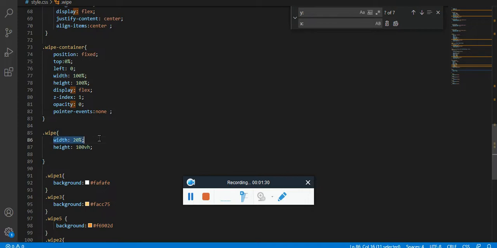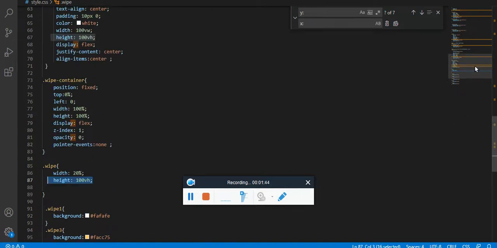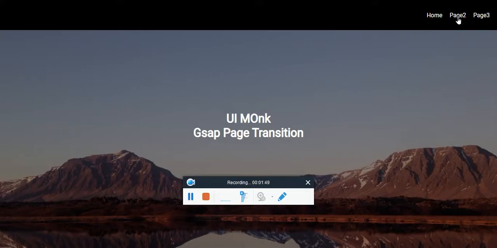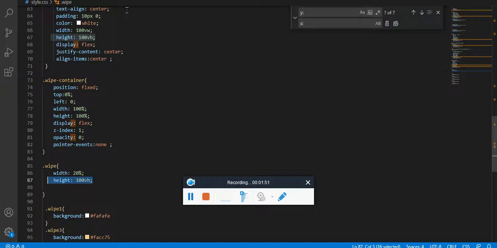Each of them I have given width 20%, since 100 divided by 5 equals 20, so that it completely fills the screen, and the height is done the same way.